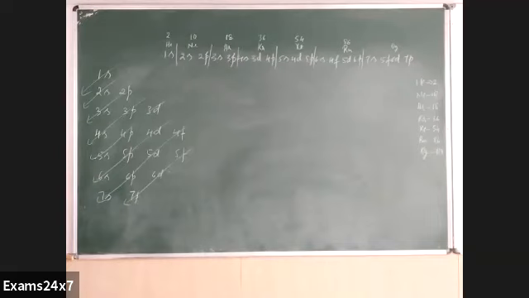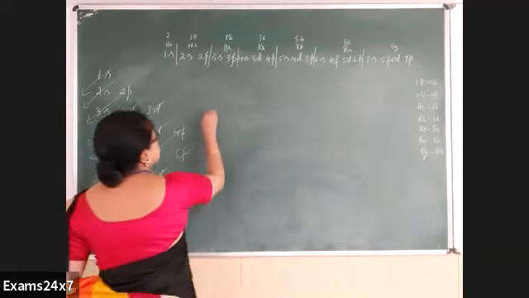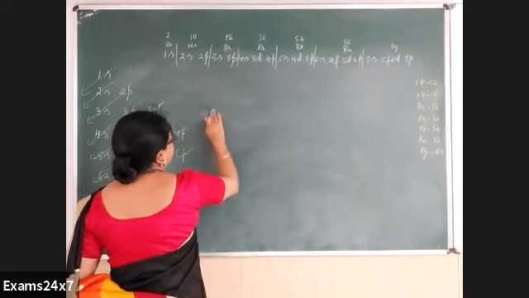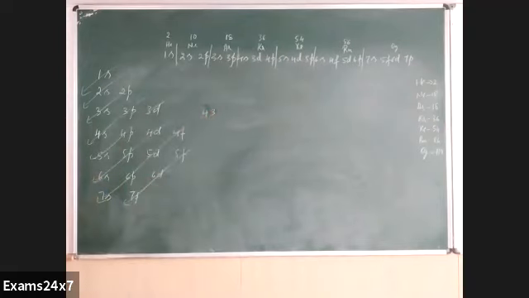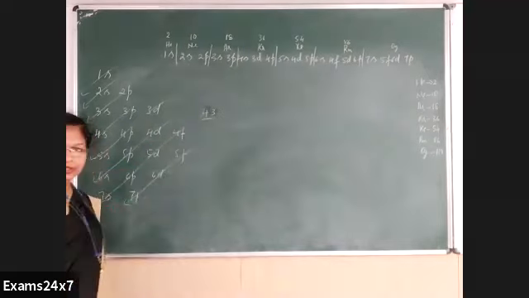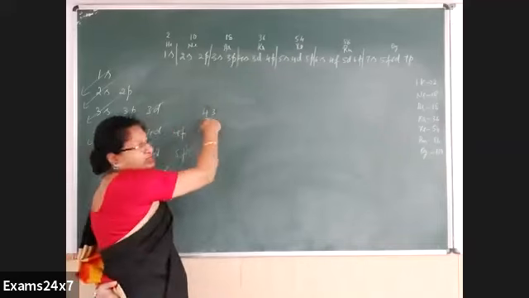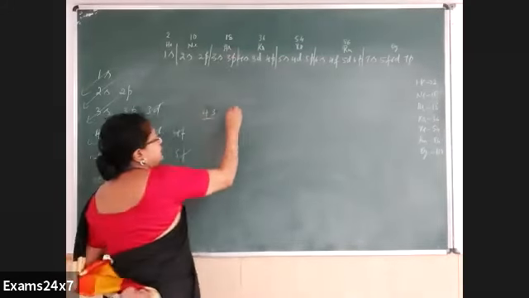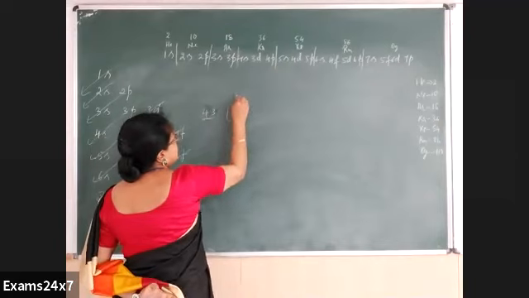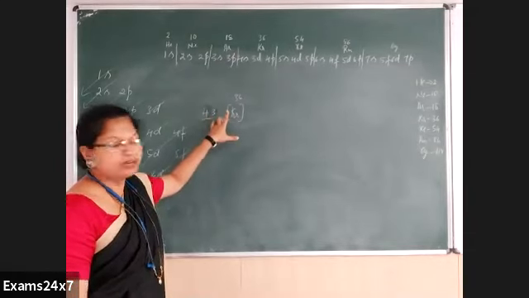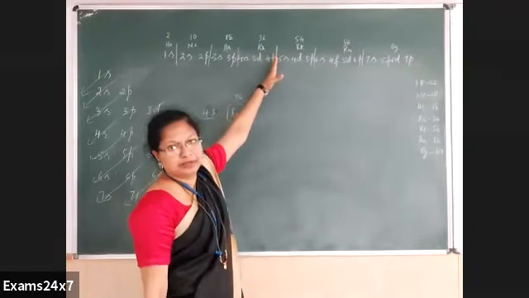Now, if an element has atomic number, say 70, or let us start with some simpler one, say 43. Simple one I'm taking. How do we write the electronic configuration? Just observe the way of writing. If the atom has atomic number 43, then you select the rare gas before it. Before 43, which rare gas comes? 36, no? Krypton. Krypton makes 36 electrons. Then how many more are required? 7 more, right? 7 more.